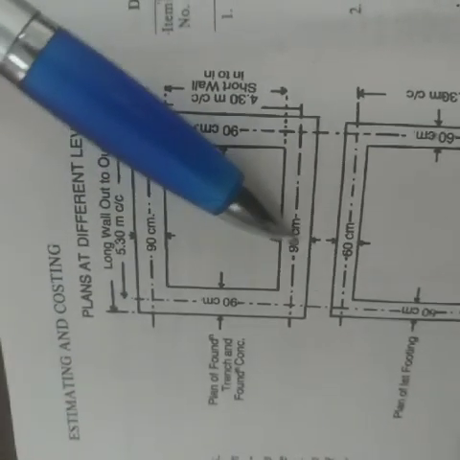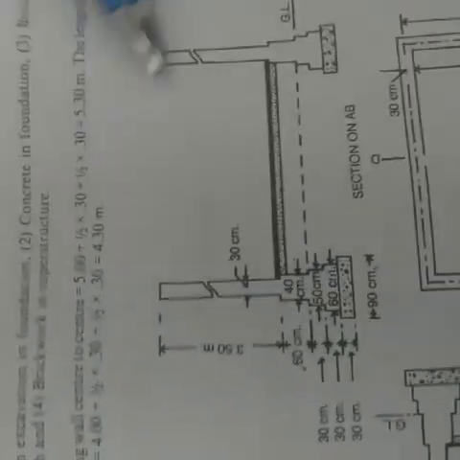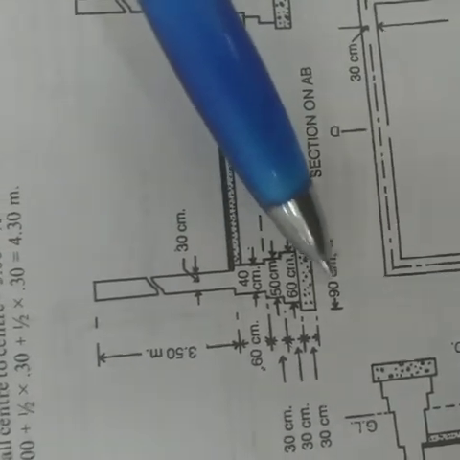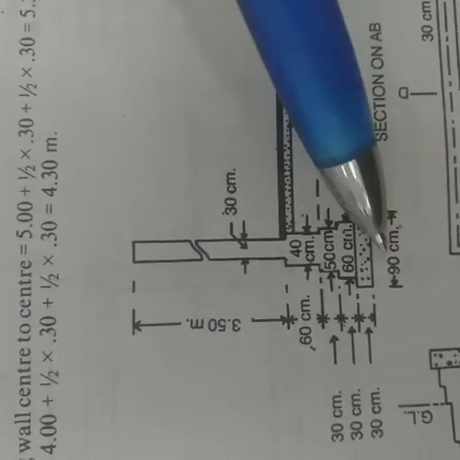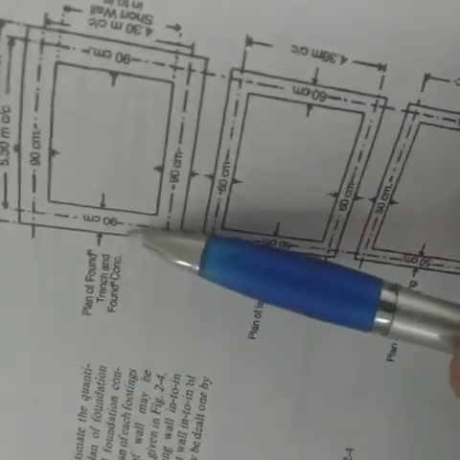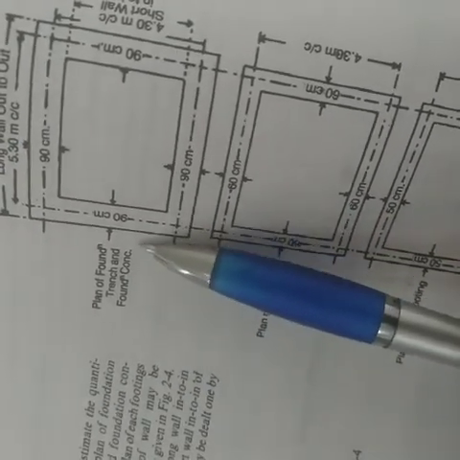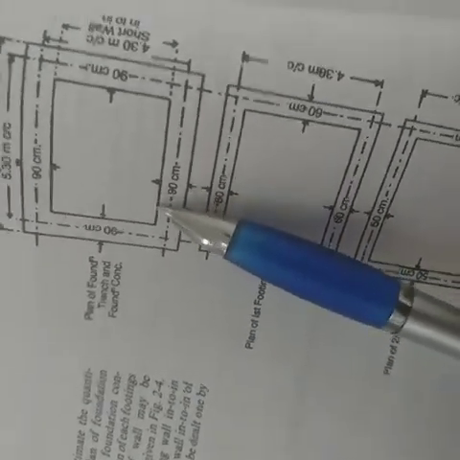Don't confuse this with the wall thickness. This will be from section. You see in section the breadth is this 90 centimeter wide width of the trench or foundation. So this 90 centimeter, this is center line 5.30 meter, 45 centimeter this way and this way. You will prepare the plan.